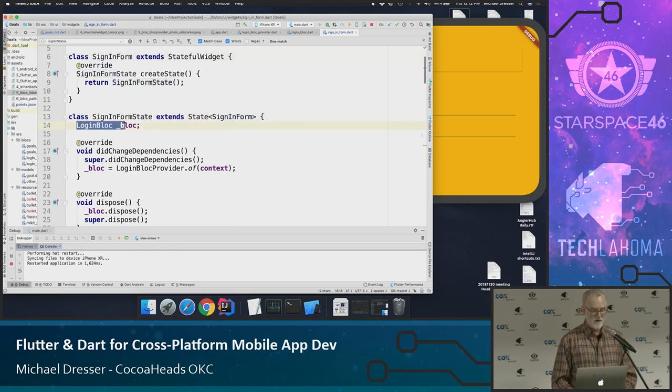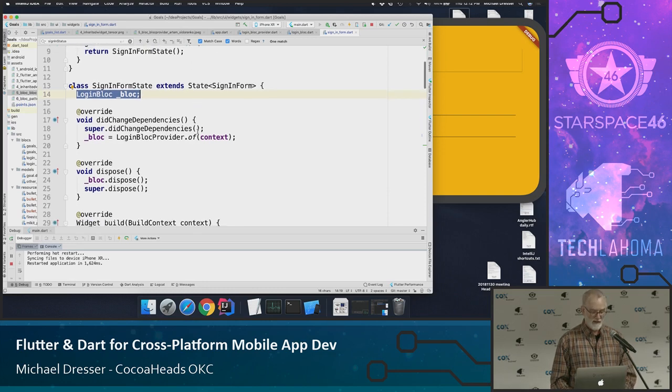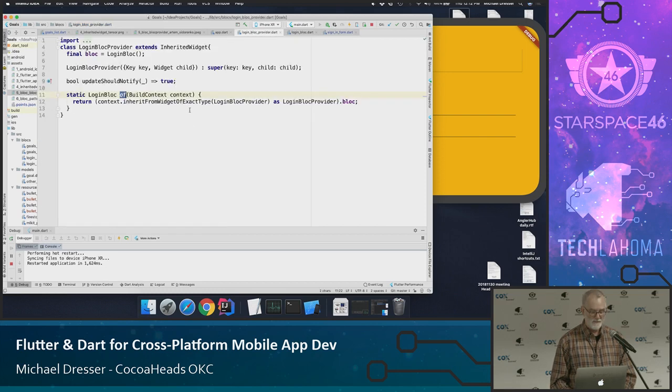The state part of the widget is going to hold the block that we're interested in. And in this method that's called early in setting this up for the screen, we call login block provider of context. So the question would be, where does that come from? Well, it comes from here. This is the login block provider.